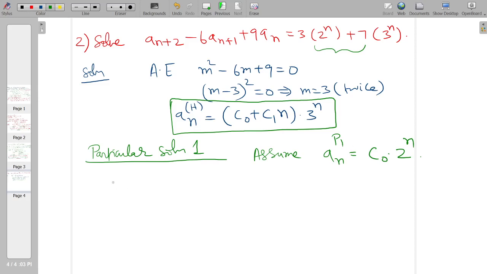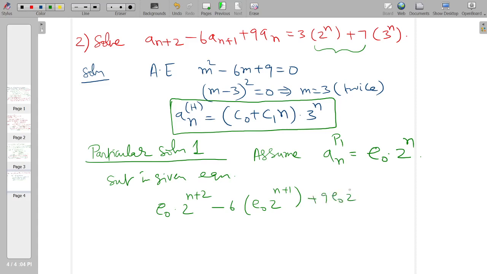So now what I do is I substitute in the given equation. When I substitute it, I have C0 into 2 power n plus 2. Oh, here I have taken C0, then in that case you have some other variable E0, it will be better. E0 into 2 power n plus 2 minus 6 E0 into 2 power n plus 1 plus 9 E0 into 2 power n is equal to 3